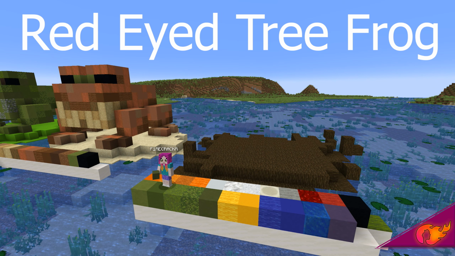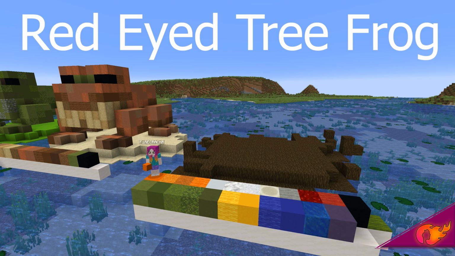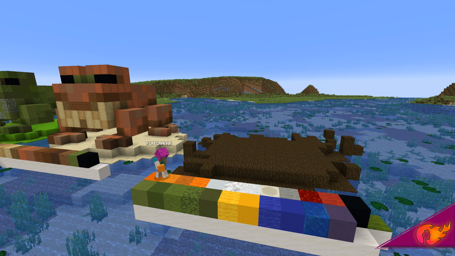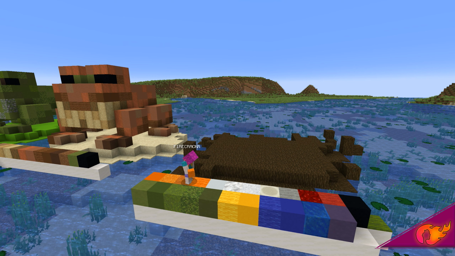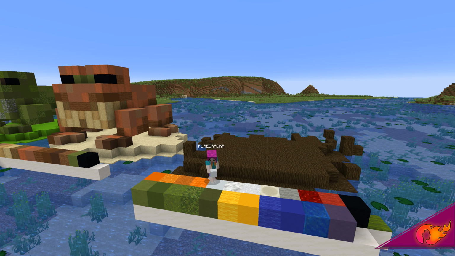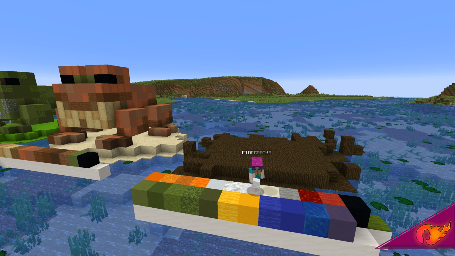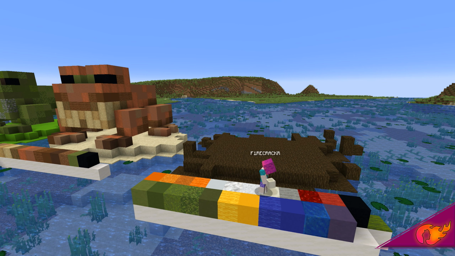All right, my friends, now we're going to create the frog that I think should be in the game. My favorite frog, the red-eyed tree frog. Let's look at what we're going to need. For the feet, we're going to need some orange concrete powder, red sand, and orange wool. For the mouth, we're going to need white concrete, calcite, white concrete powder, and bone block,